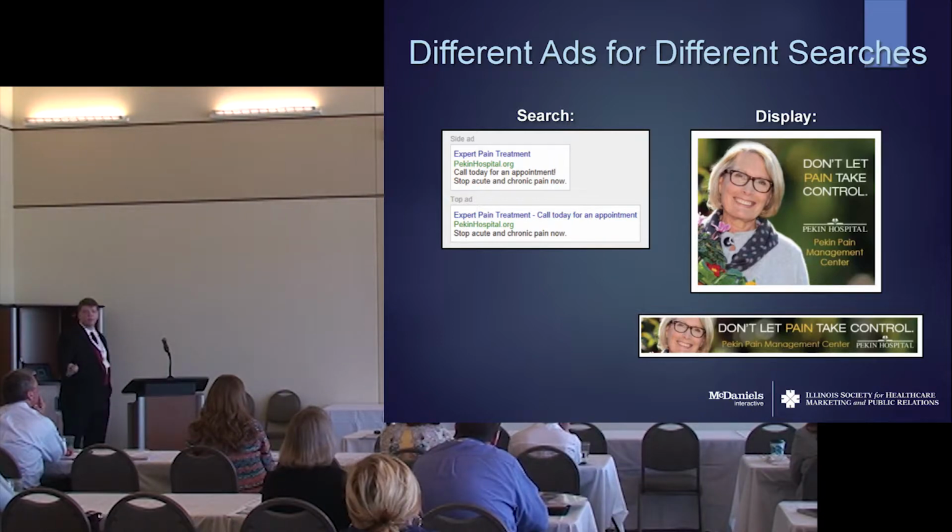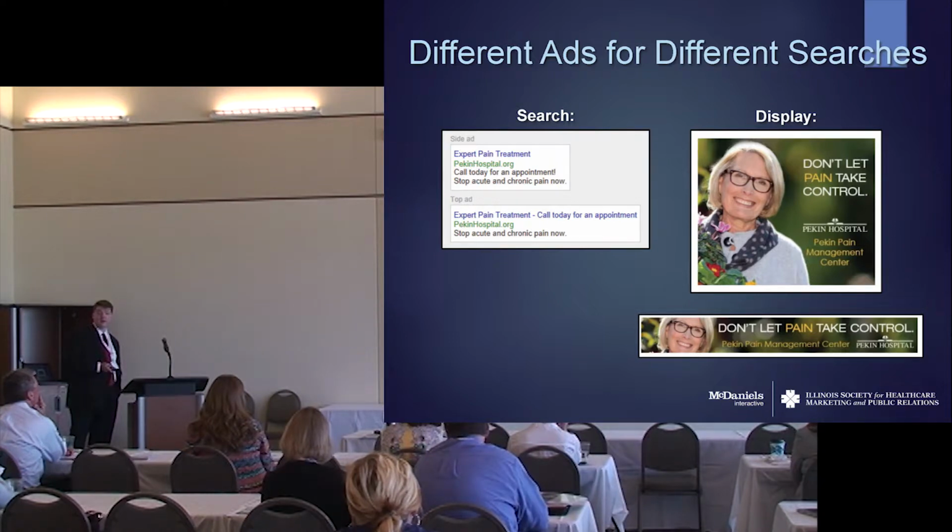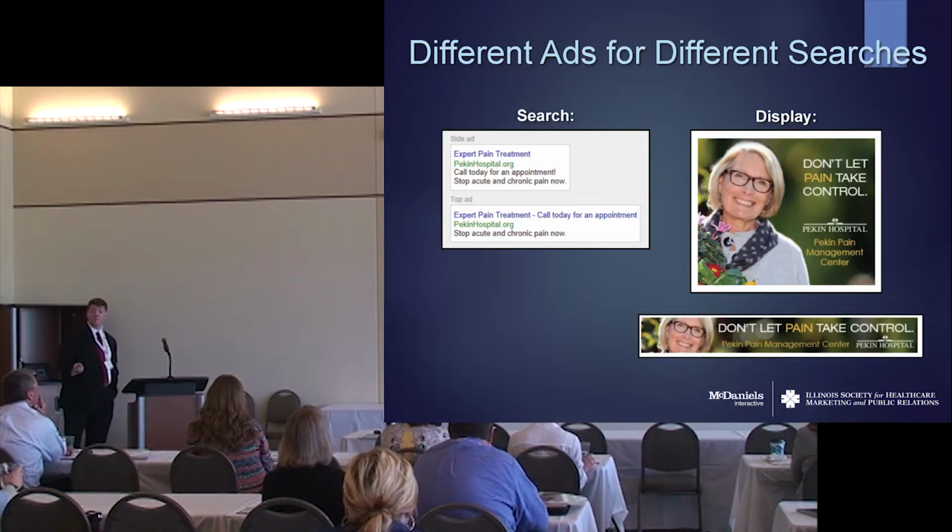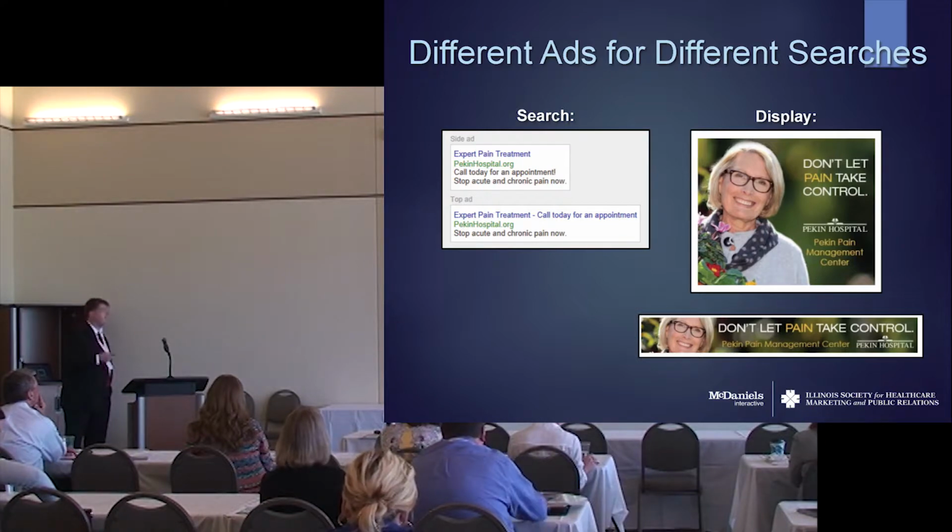Search and display. Again, these are probably very familiar to all of you. Display ads are your typical billboard, a strong positive image. They come in multiple sizes. Search ads, you'll either get them on the side or you'll get them at the top. Search ads are not written like a typical ad. You are limited to 25 characters and then 35 and 35. That's not a lot of room to get your message out. So you have to focus your message in there. You're going to cut it down to some core keywords for your header, a call to action, and then again, more keywords. And that's all that you have to reach someone. The advantage is that this ad is typically only shown to people who are searching for those terms. You're already hitting them down the buying funnel.